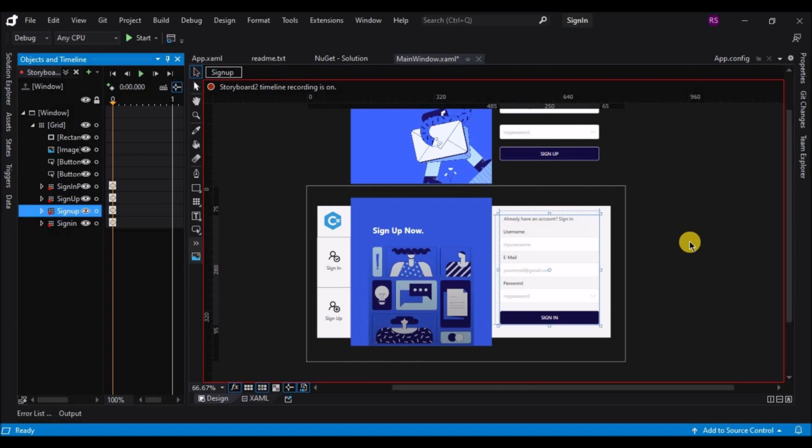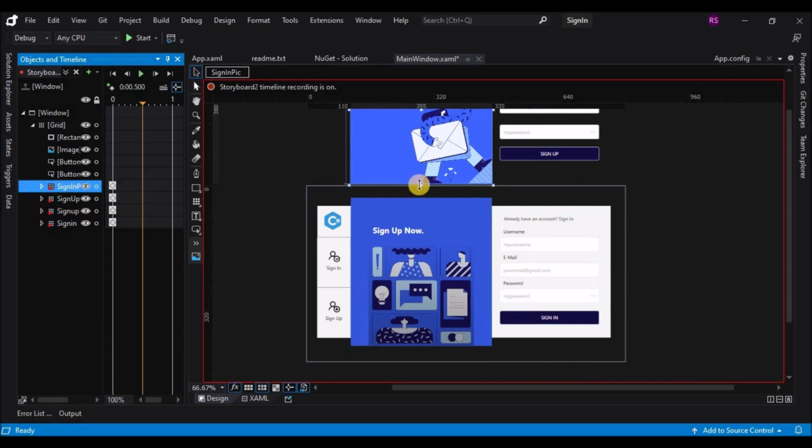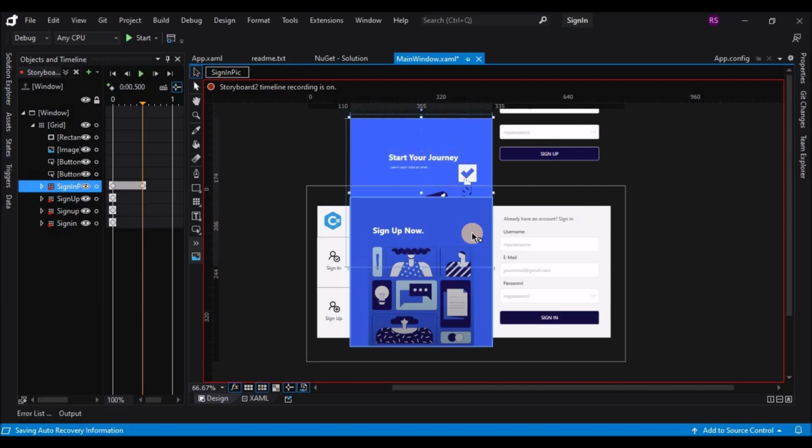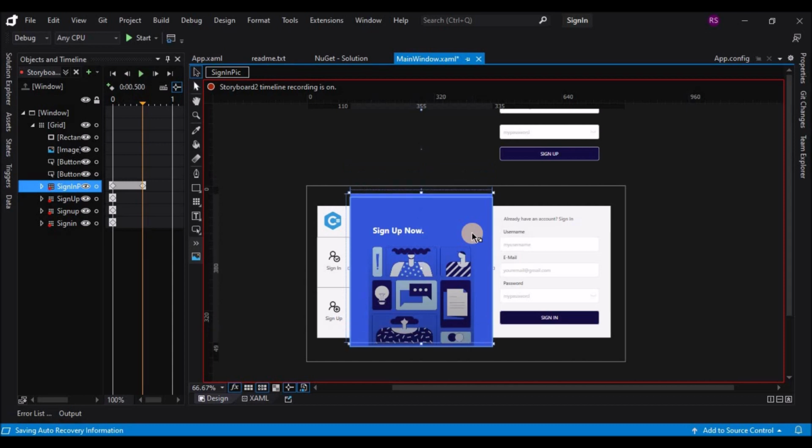Okay, so this was the last position of our storyboard 2. So we are starting from there, and on the 0.5 keyframe we are going to go back to the first position, that is bringing the sign in controls inside and making the sign up controls hidden on the second keyframe.